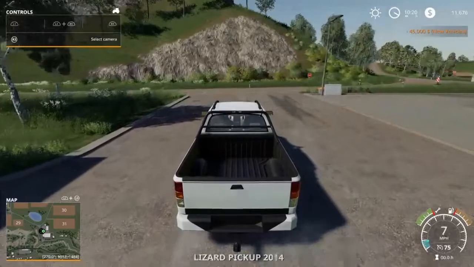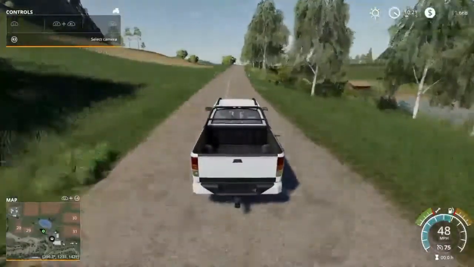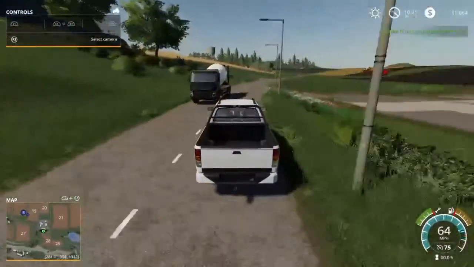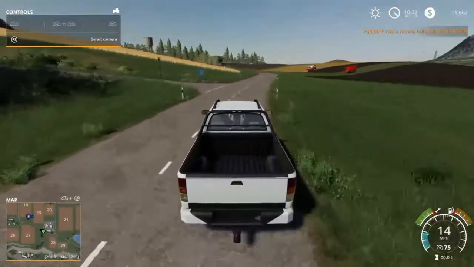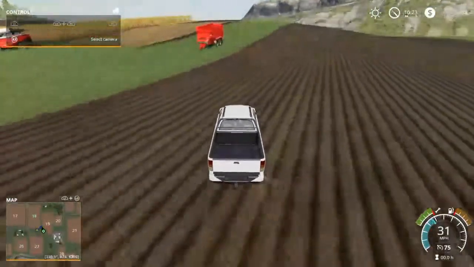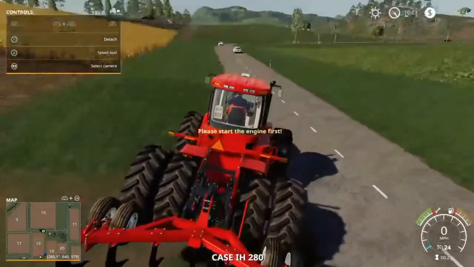We'll go ahead and drive this over there to go pick up the trailer. What's this even... Drive back home at like 75 miles an hour. This is like... This works. I do have... What the...